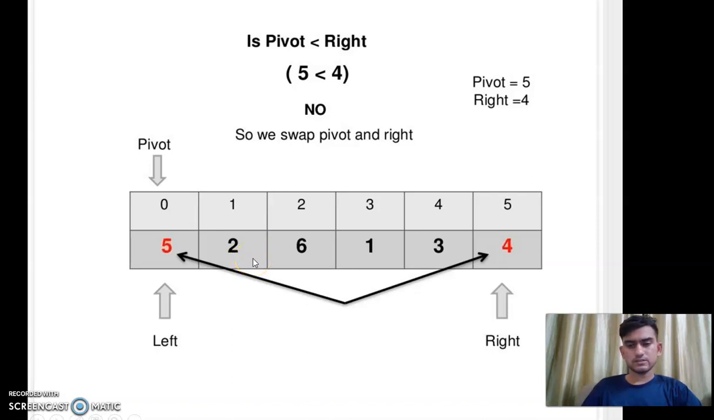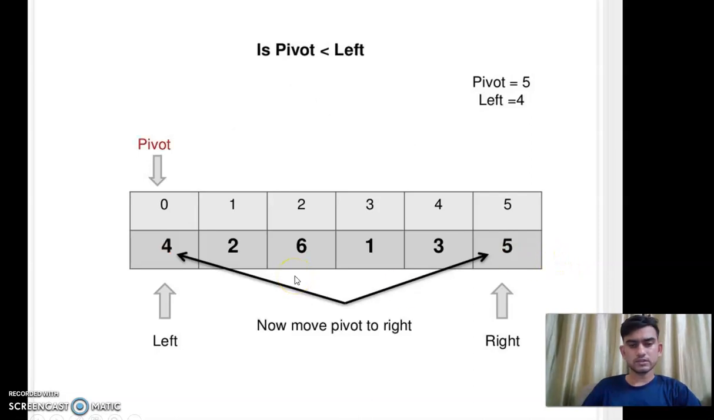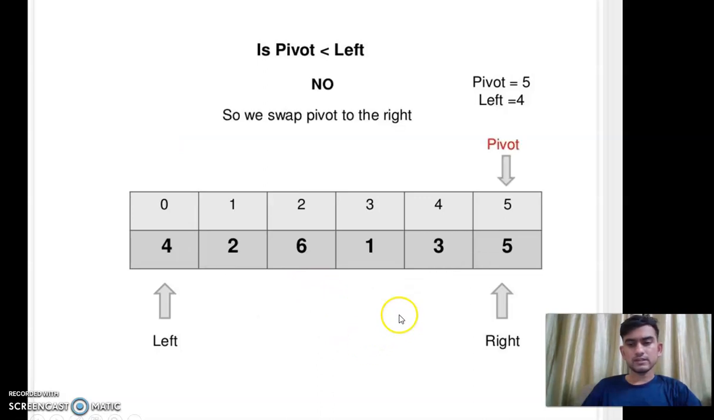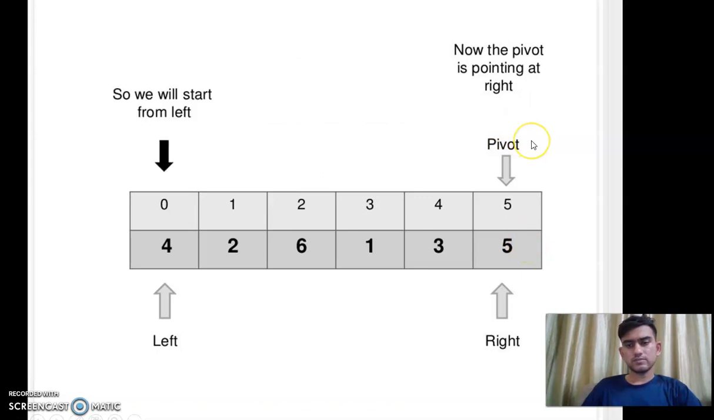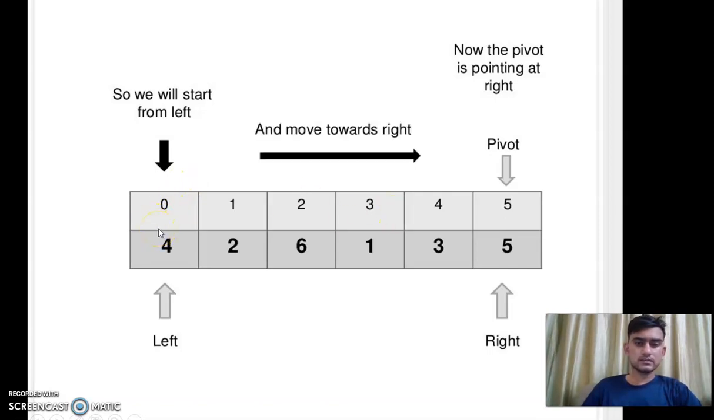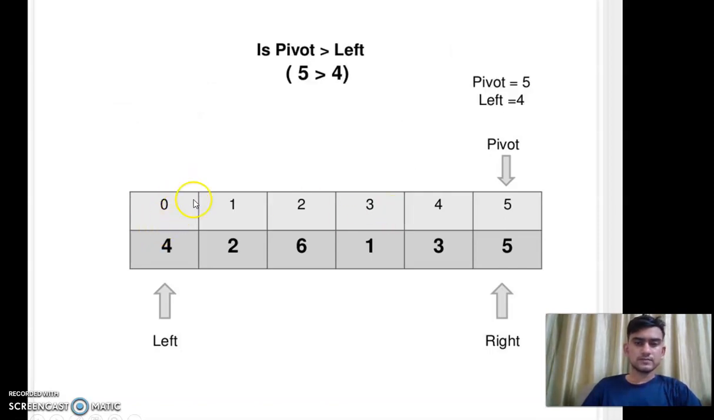So this is swapped. 5 came to the ending position and 4 came to the first position. Now move pivot to right. Now the pivot has come to the right position. Now we have to start from the left side. So basically now this should be greater than